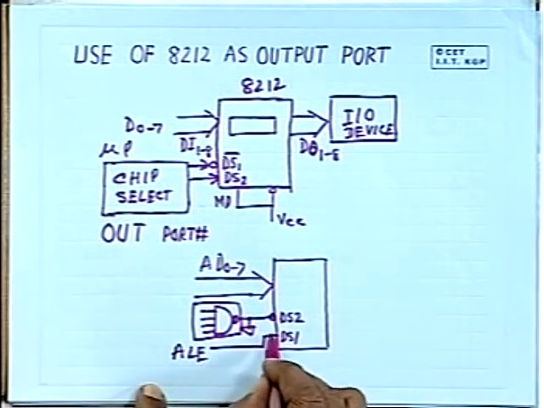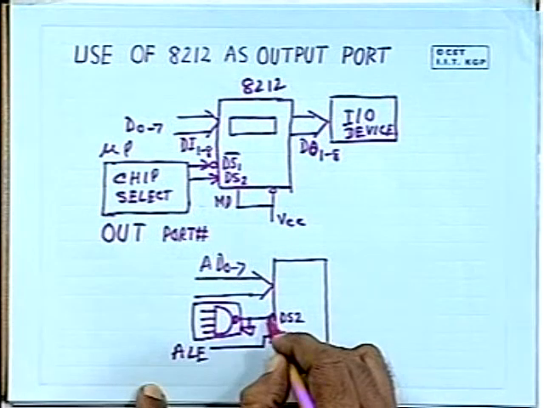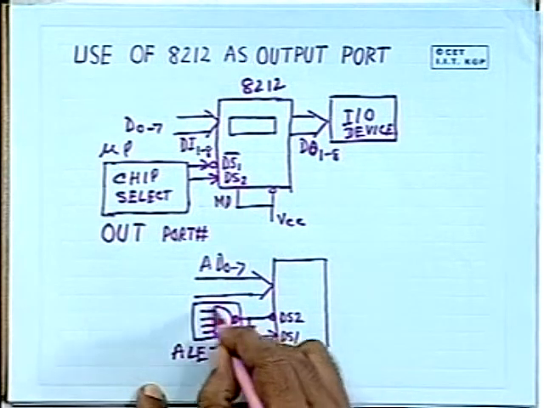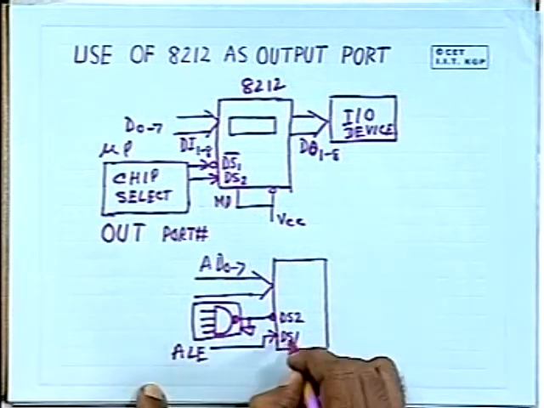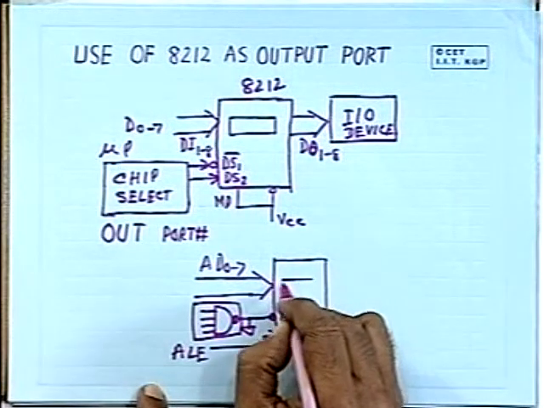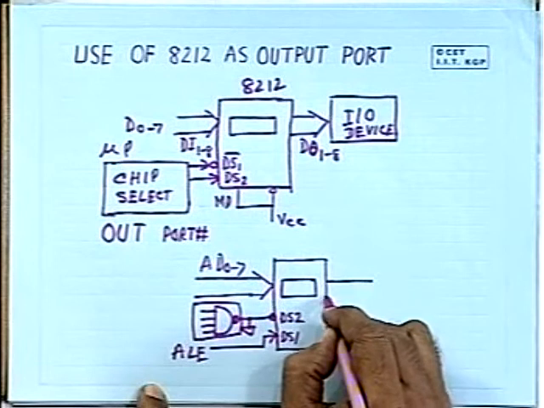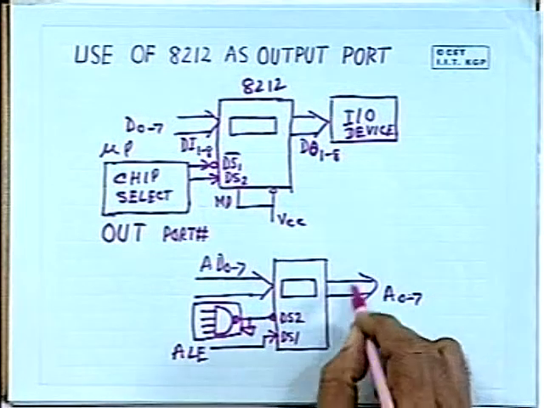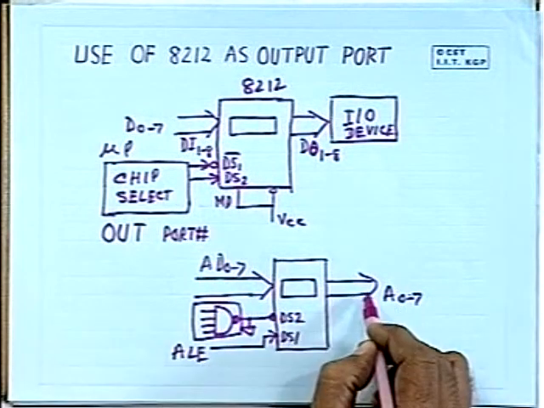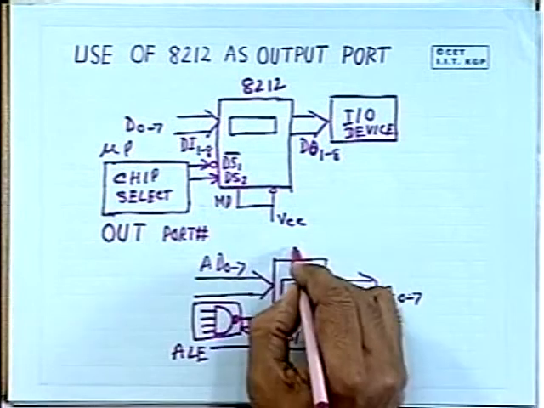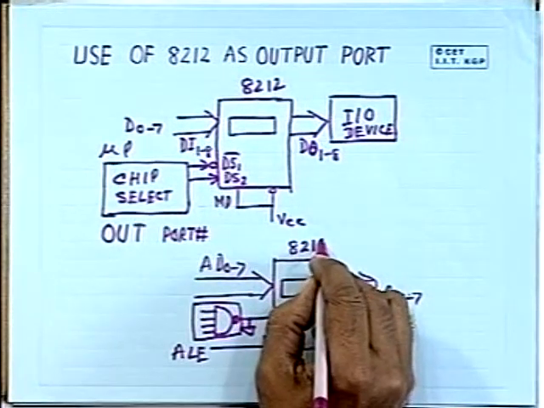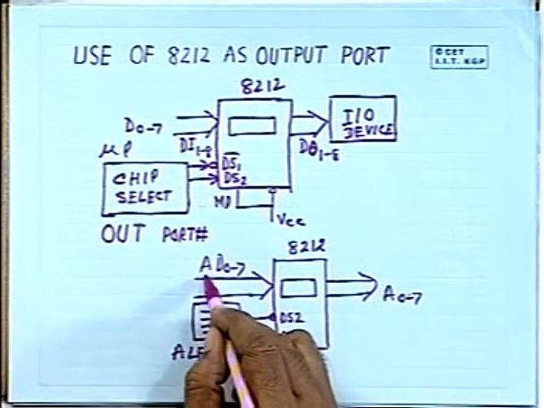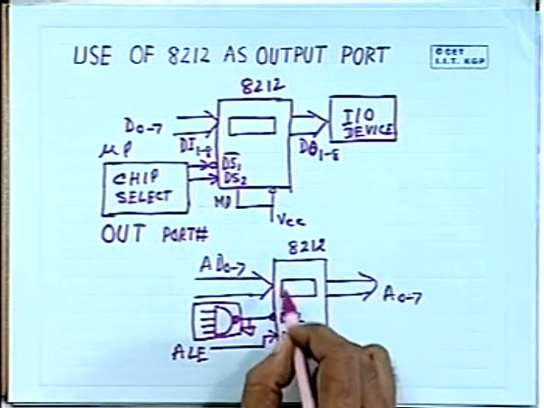And whenever ALE is connected to this, then whenever this is activated, ALE latches. This is permanently connected to ground. We are not using a decoder circuit here. So, DS1 activates the data on this, and here you get A0 to A7 in demultiplexed form. So, multiplexed data here is available on this. So, this 8212 can be used for address demultiplexing for 8085. This is coming from 8085, AD0 to AD7 and ALE, which will demultiplex it.